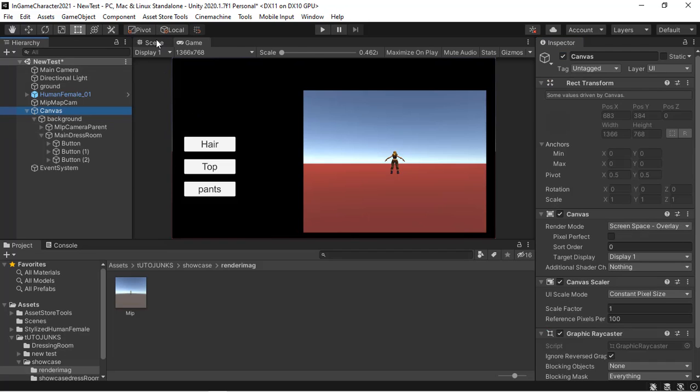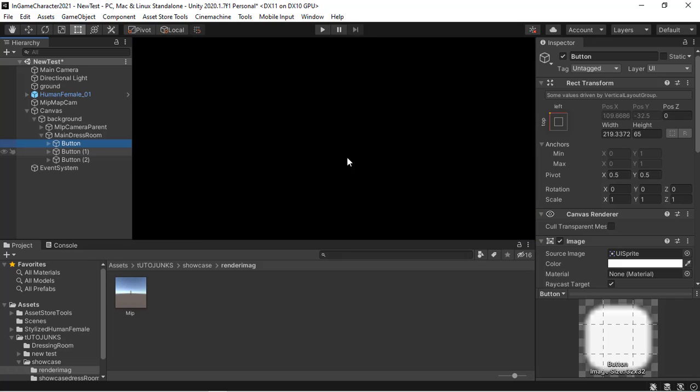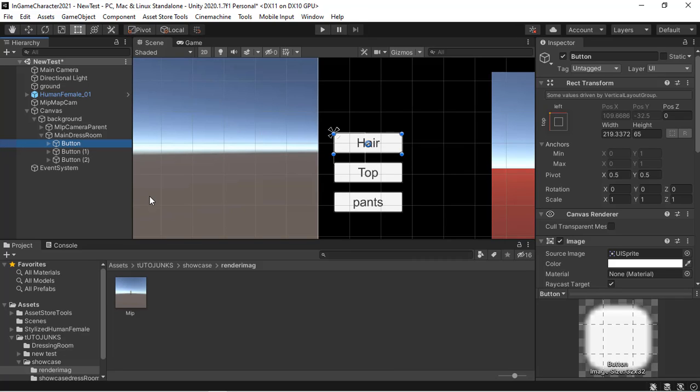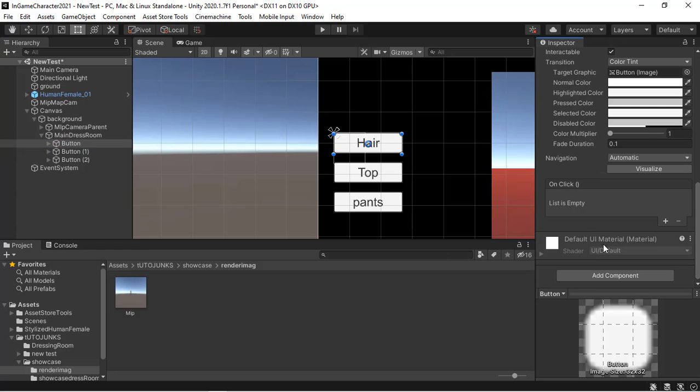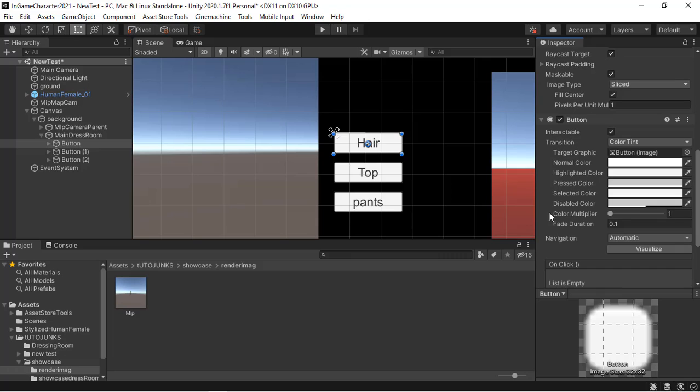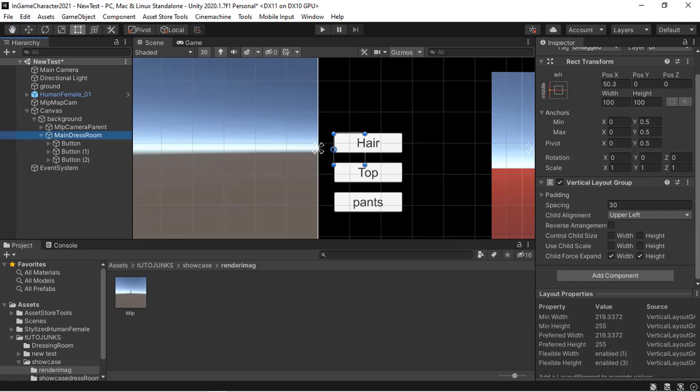So go back to our scene view. Now we have 3 buttons for the hair and the tops. You can select button 1, which is for the hair, and select the main dressing room, and then add